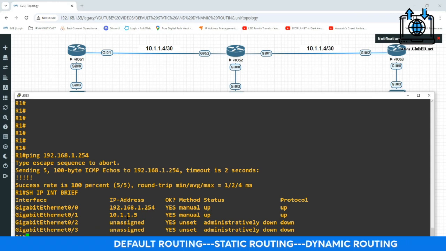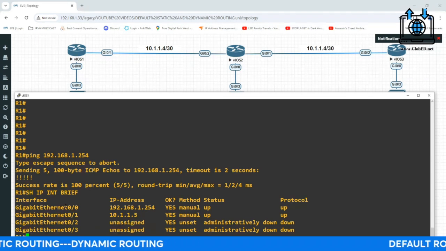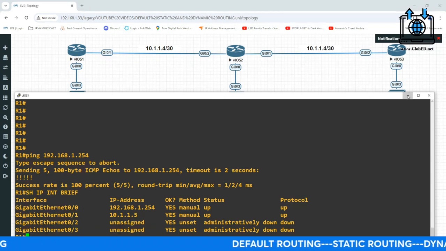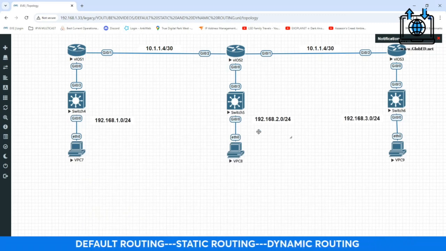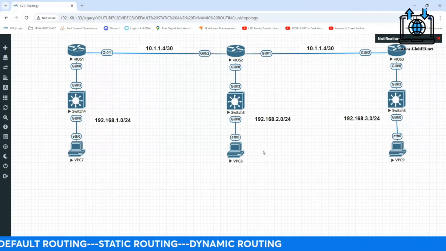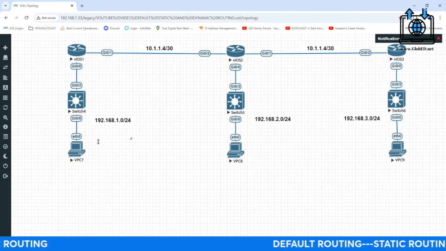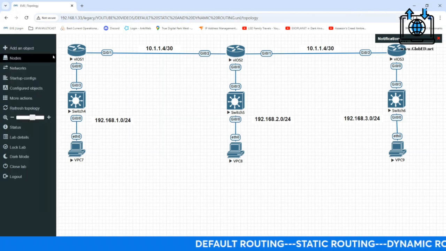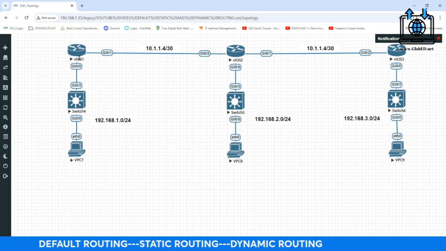It's up. And then 10.1.1.5 is up. But what don't you see? This router has no clue about this network over here. Let me minimize this. So this router has no idea that this exists. So it can't get you there. It cannot get you there. You're getting not a request timeout. You're getting an unreachable. You didn't pass this gateway. That's it. You're stopped right here.